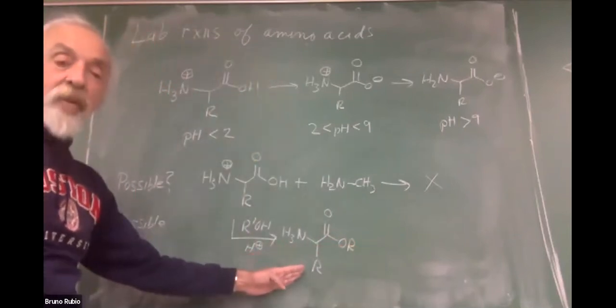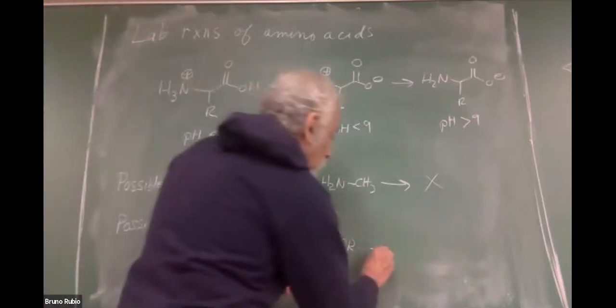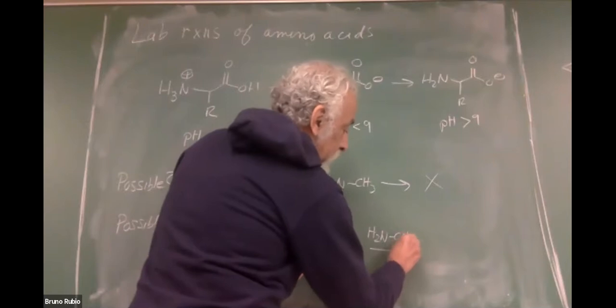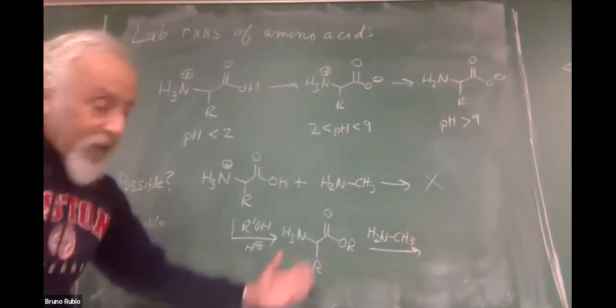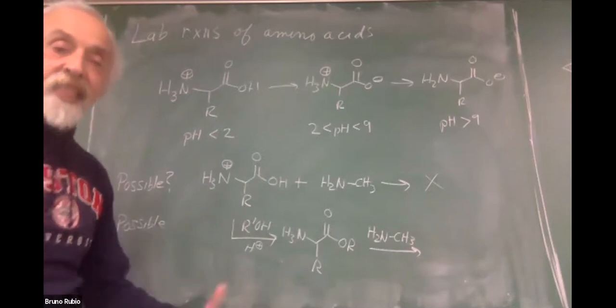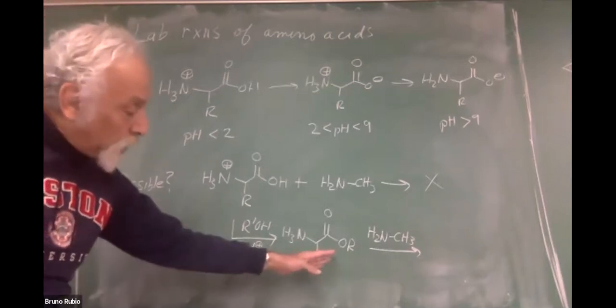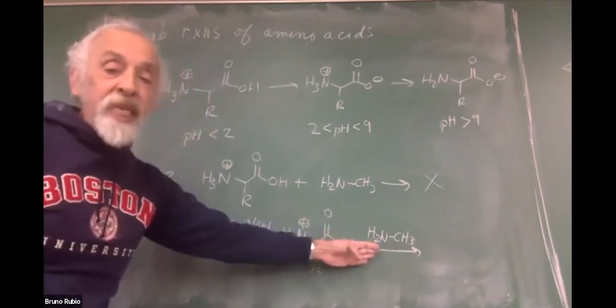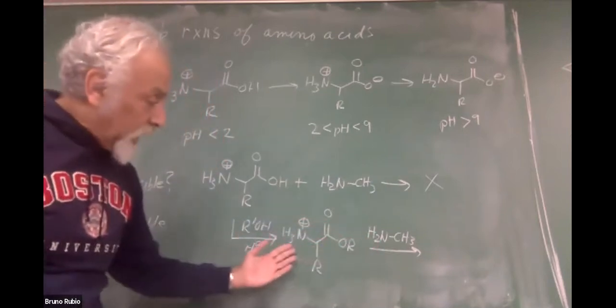Now I can react this ester with a primary amine or any kind of amine. And now this is going to be acyl substitution. I'm going from an ester to an amide, and